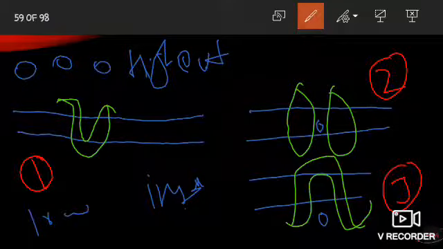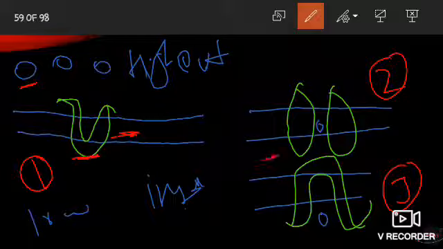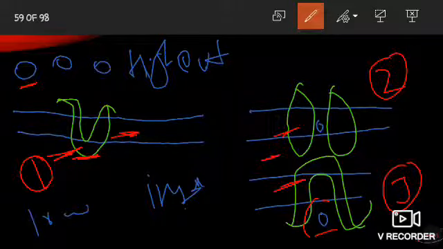First of all, the shape of carrier protein is like this, and these are the molecules which have to be transported from outside to inside. Now there will be some change in the shape of this protein, so the shape will be like this, so that it can accommodate this molecule in between, and finally the molecule from outside will move towards inside. So both these steps mean that there is change in conformation of the carrier protein.